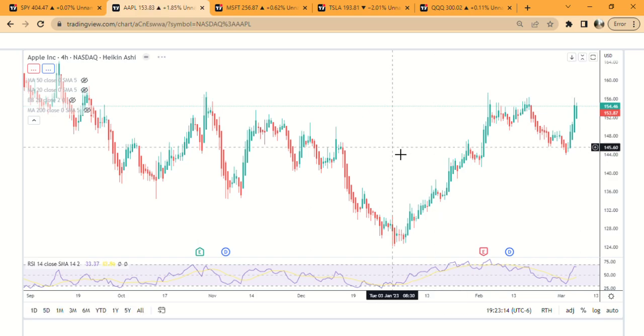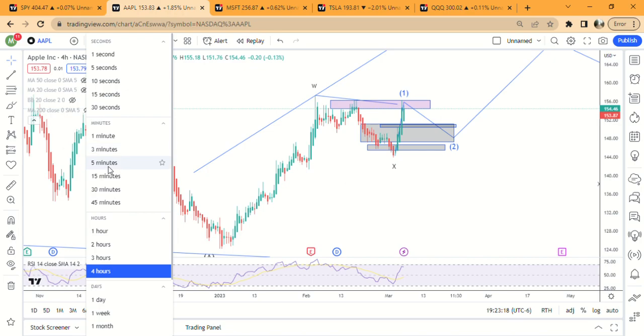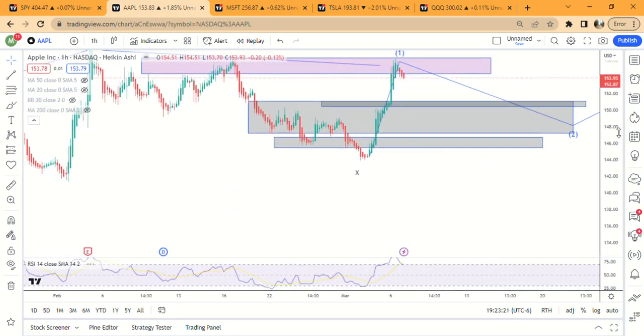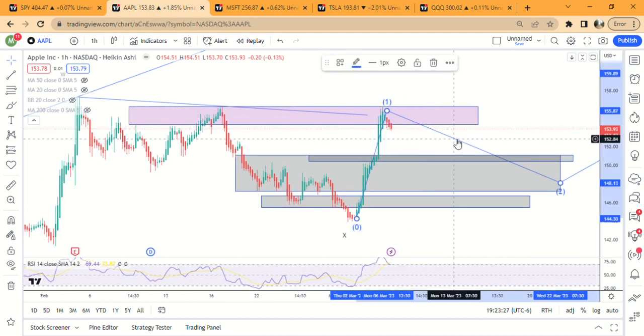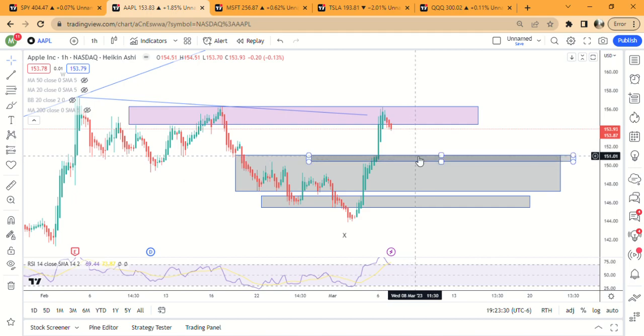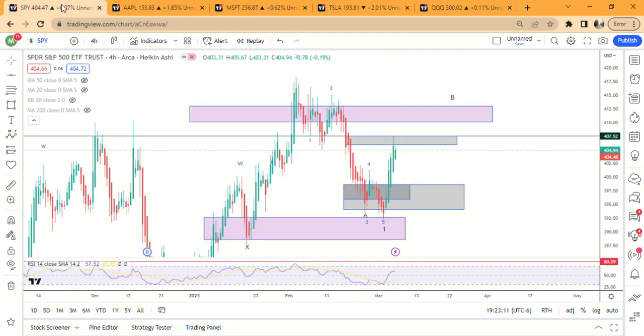Apple was the exact same thing. It nailed the 1 hour supply zone exactly at the very top, backed off. Same thing, but on this one I would be looking for first 151. If it gets below 150.40, I'm looking down here at 146.78 to 145.62. And this does not look like a second wave, so I think we can pretty much rule